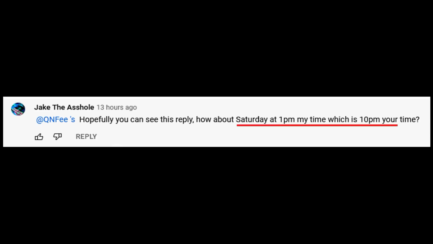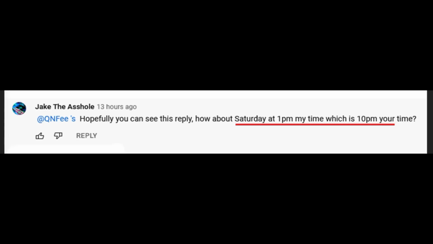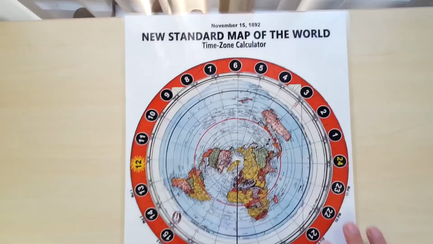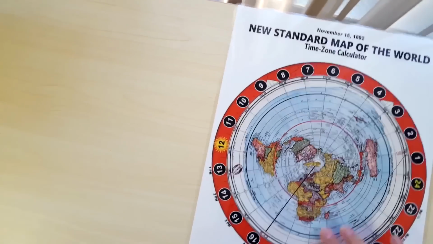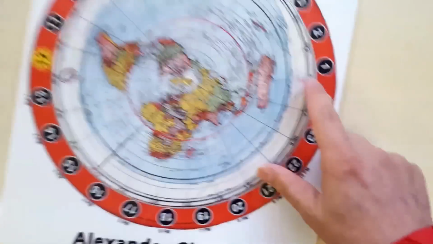Another great evidence that the A map is a true representation of the Earth was found when I read this post left also by Jake on Q and Phi's channel. Hopefully you can see this reply. How about Saturday at 1 p.m. my time, which is 10 p.m. your time? So once I saw that post, I quickly got my time zone calculator made with the A map